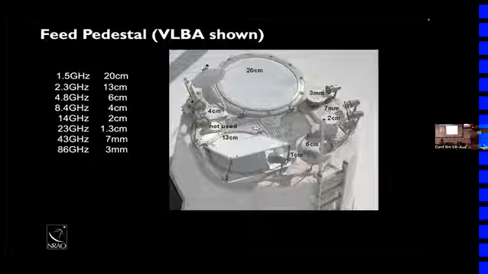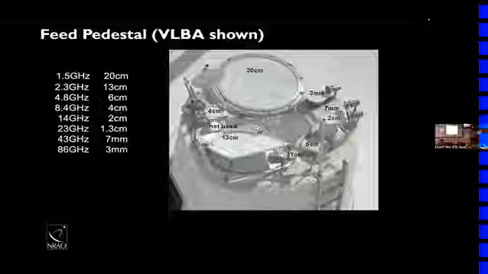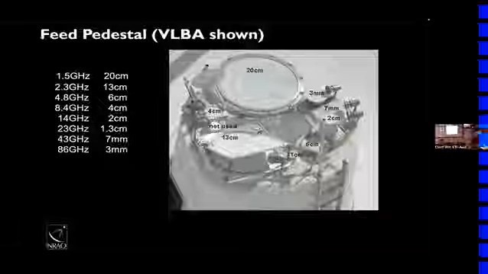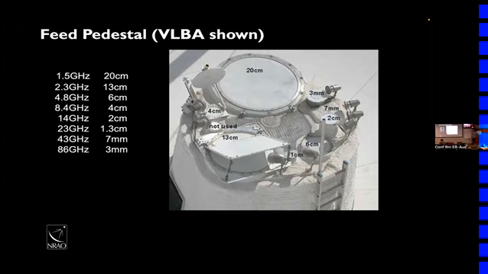So for the VLBA, the subreflector can steer that incoming beam of radiation into any one of these receivers, depending on the particular science you want to do, right? If you want to look at H1, then you steer it to the 20 centimeter receiver. If you're interested in a particular spectral line that occurs in what's called Q band, which I think commercial is sometimes called V band, up in the 40 gigahertz range, then you might direct towards the 7 millimeter receiver.